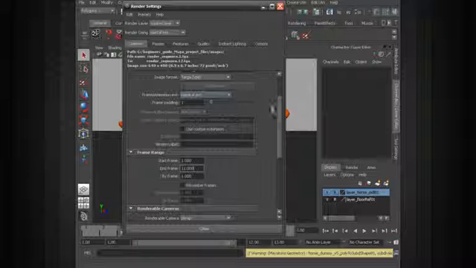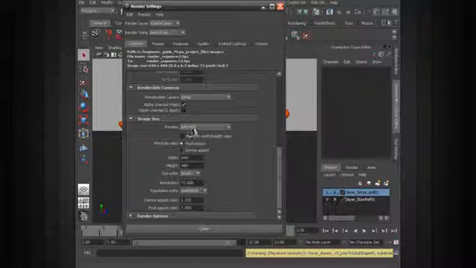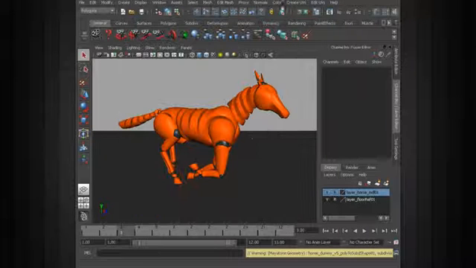Alright, very good. And below this we do have a few additional options, so we can choose things like the actual size of our render that's going to be output. I'll go ahead and leave mine set to the default of 640 by 480, and everything else should be fine. So I'll go ahead and just close that out now that I know all my render settings are set up